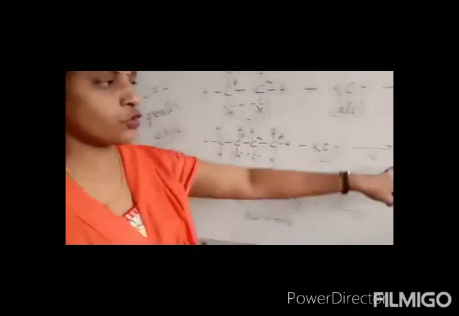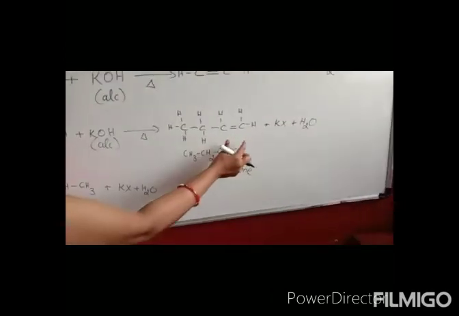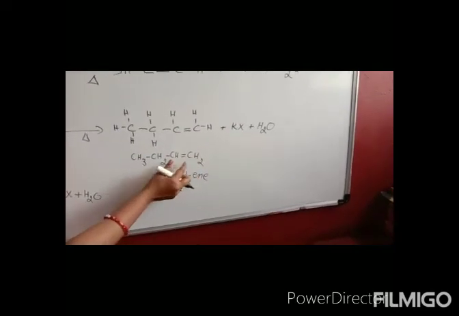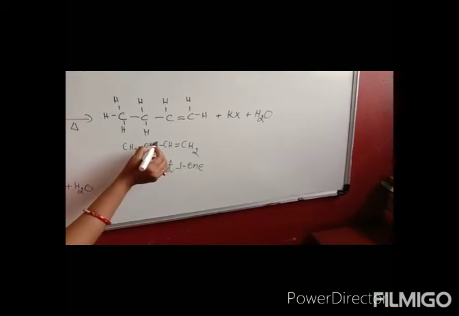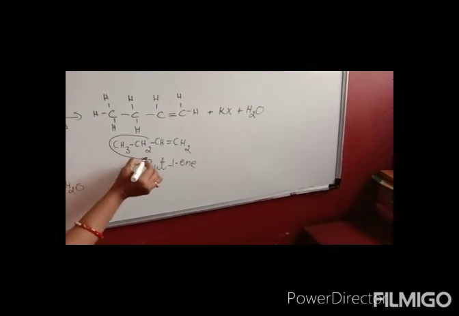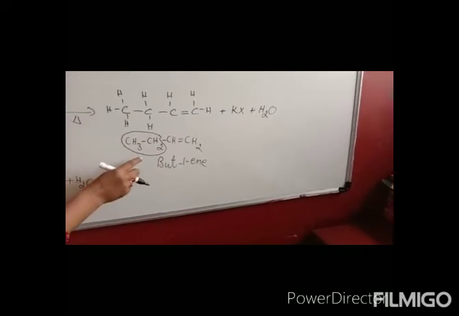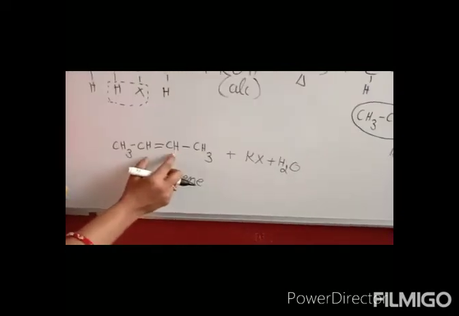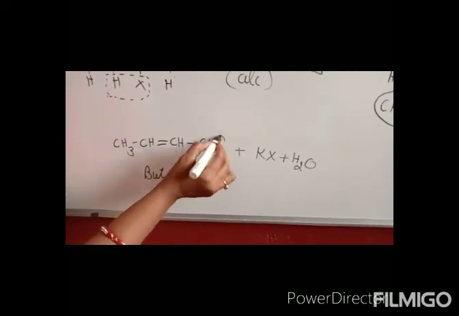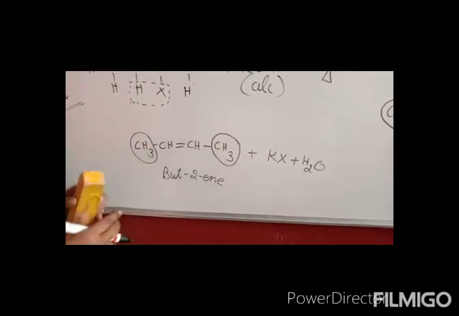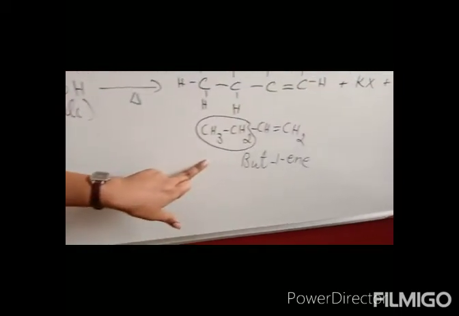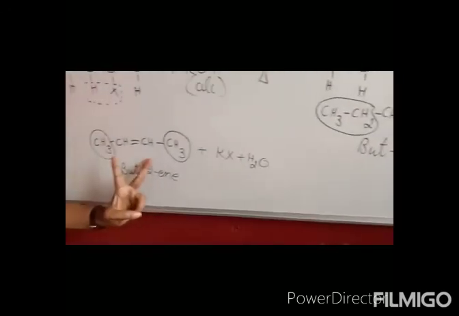Let us observe these two reactions. I have my carbon to carbon double bond over here. How many alkyl groups? In this example, I have only one alkyl group attached to the carbon double bond, that is my ethyl group. What about this particular product? Carbon to carbon double bond, I have two alkyl groups attached to it, that is methyl group. One alkyl group, here I have two alkyl groups.